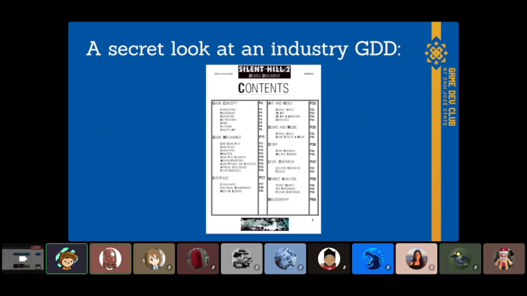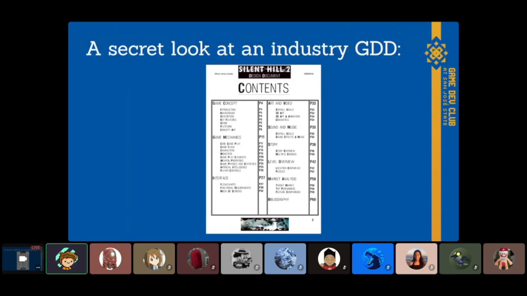Hardcore fans? Me. So yeah, you guys can see the categories we'll be using in the club are really similar to what they use in the industry. So we got the game concept, mechanics, interface, art and video, sound and music, story, levels, and market. We're not gonna work that much in market and marketing and production and all those things because that's more for an official release. But if you guys want, go for it. We're gonna help you with it if you want.